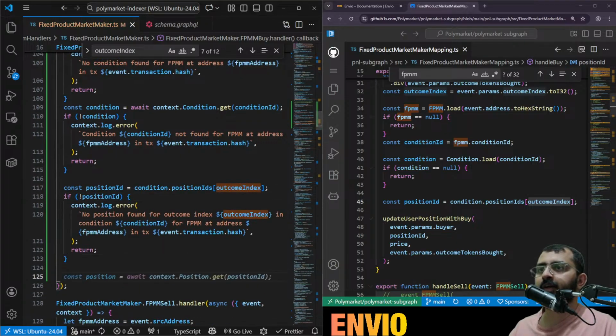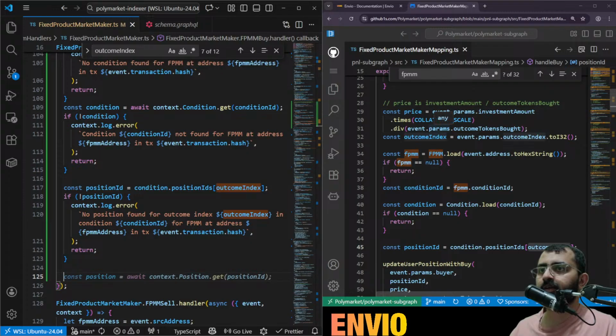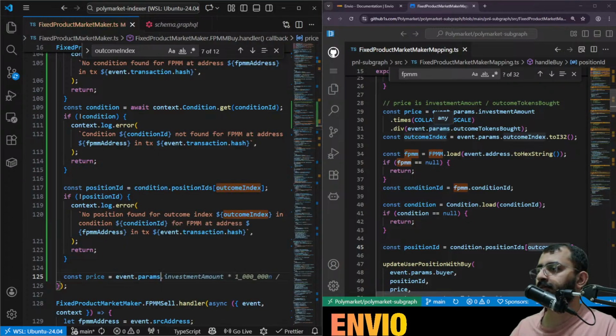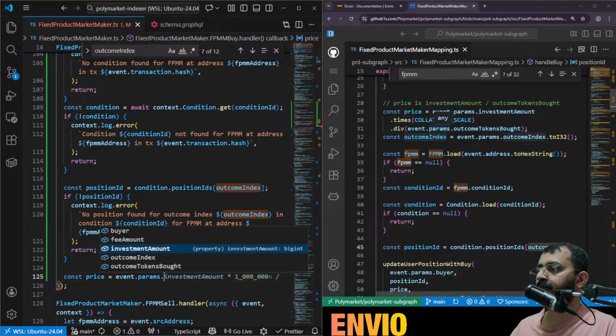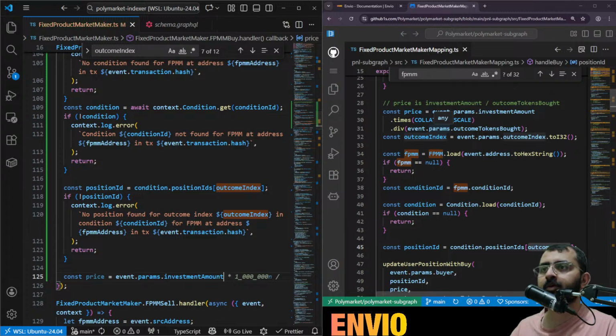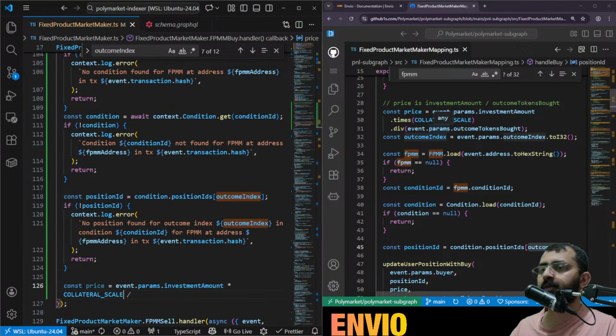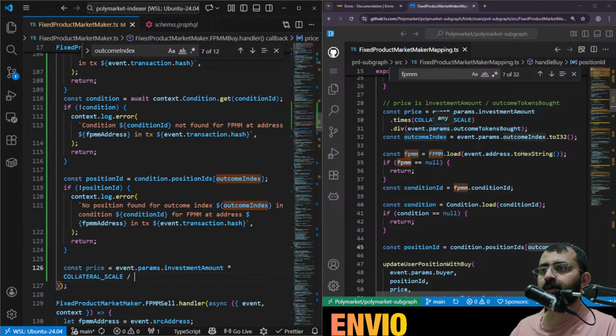Then we calculate these things. Const price equal to event.params.investmentAmount into collateral scale divided by token bought. Okay,